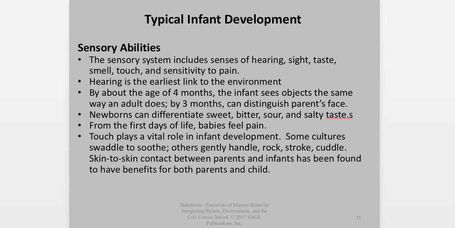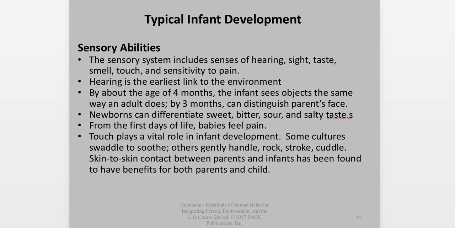Around 4 months of age or so, infants' vision has become pretty much the same as an adult's vision, but prior to that time, there's a lot of fuzziness, and it's not very clear. At somewhere around 3 months of age, they can begin to distinguish the parent's face from other persons' faces, and will begin to respond differently to parents.